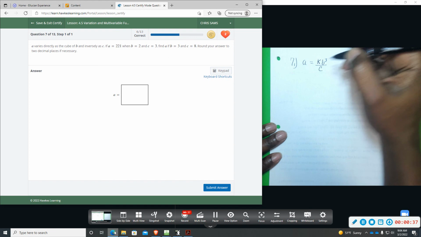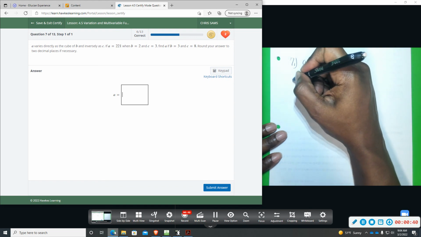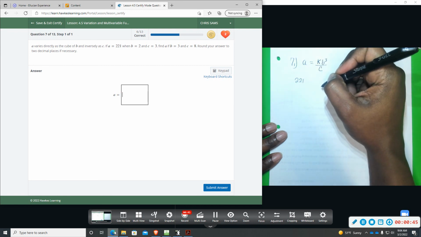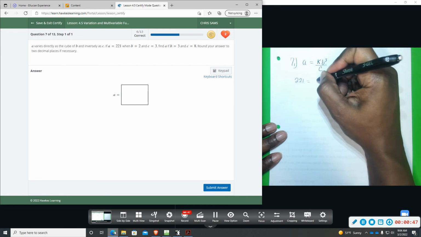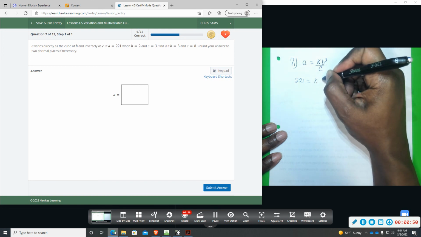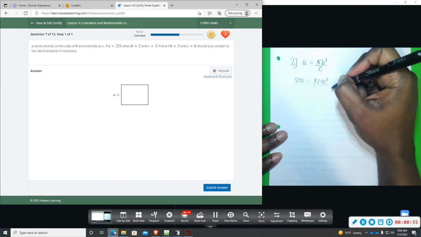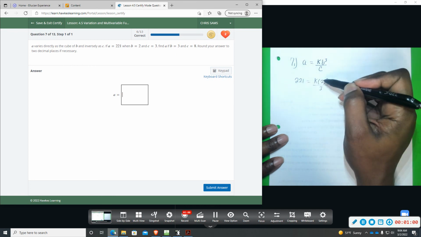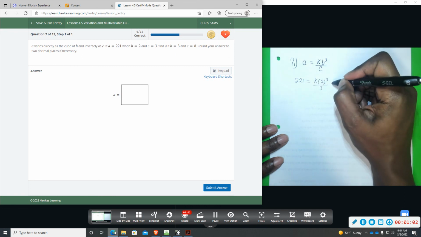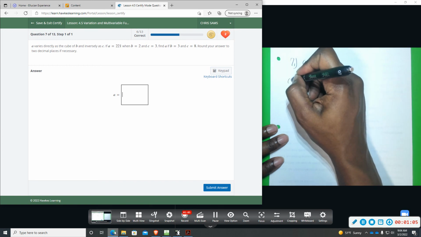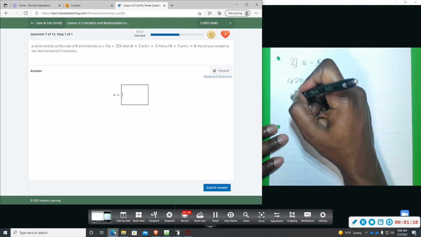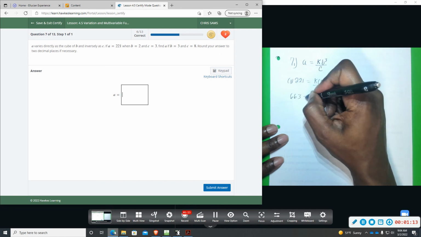Then we're given some values. A is 221. So we're going to plug a 221 here. And then B is 2. So this is equal to K times, this will be 2 cubed. And then C on the bottom is 3. Okay. We're going to solve for K by multiplying both sides by 3. Okay, 3 will cancel out division with 3, and 3 times 221 will give us 663, and that will equal